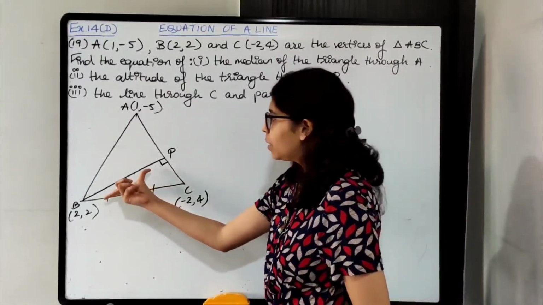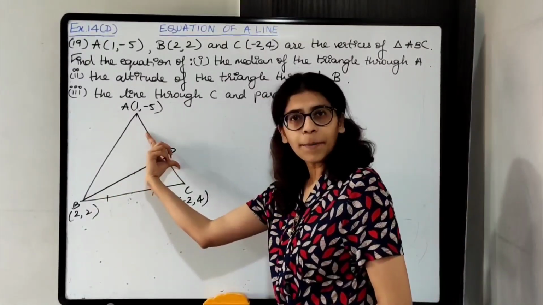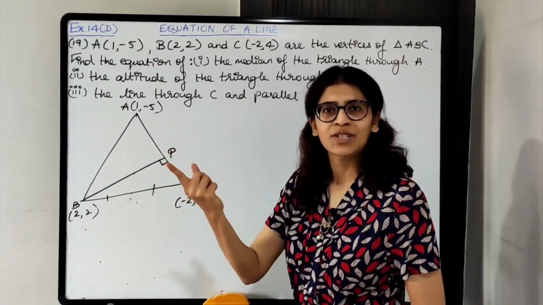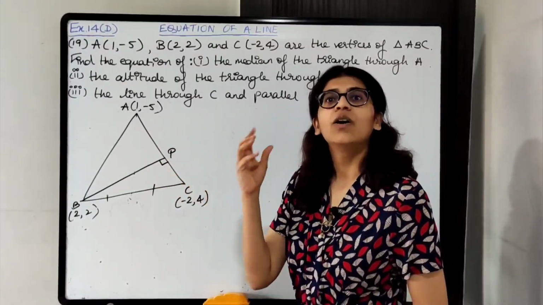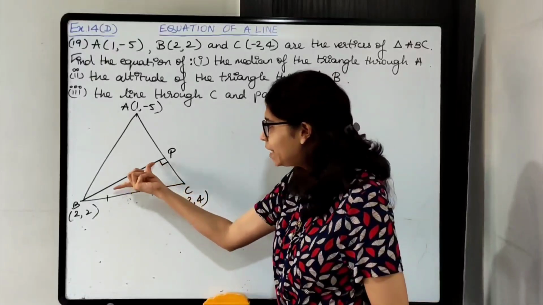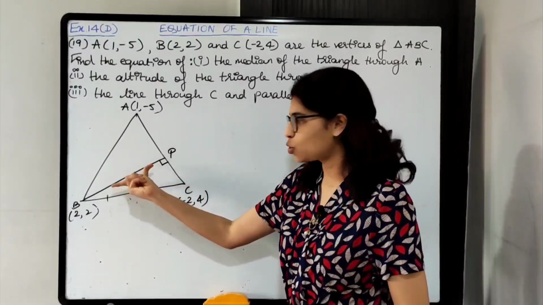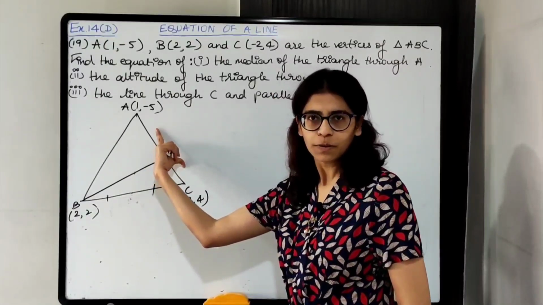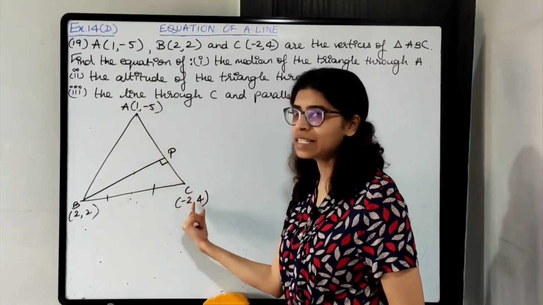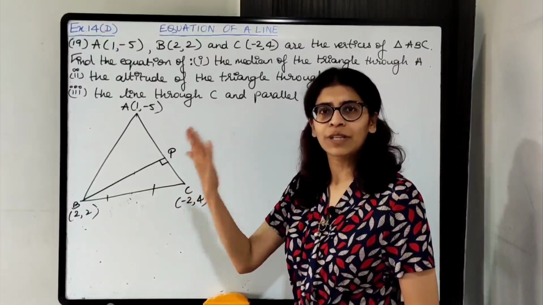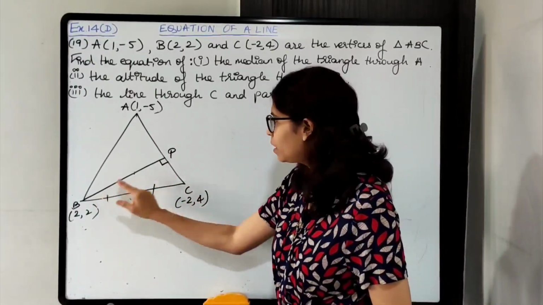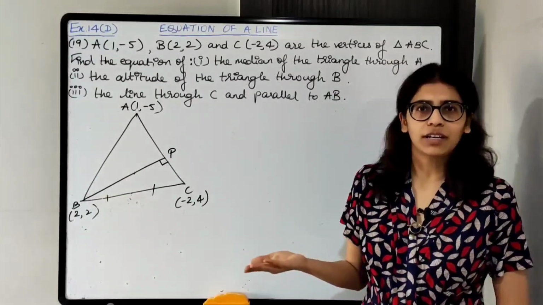Now BP and AC are perpendicular lines, so product of the slopes will be equal to -1, है ना. Why I am talking about slope? Because BP के लिए मुझे slope लगेगा. So BP का slope मैं कैसे find out कर सकती हूँ? Using AC का slope. Because AC का slope I can easily find. A and C का coordinates पता है. So I can easily find AC का slope. Once I get AC का slope, BP का slope मुझे मिल जाएगा.